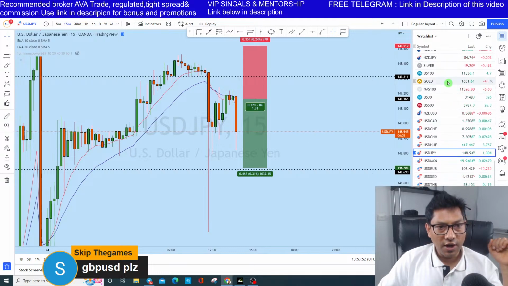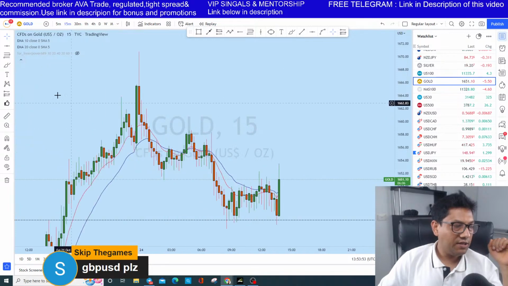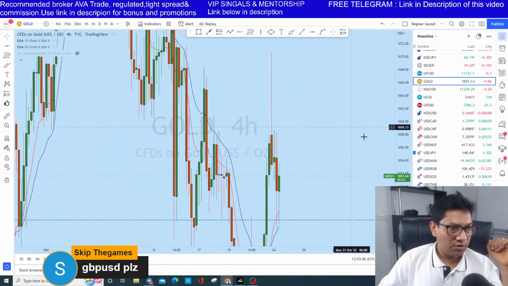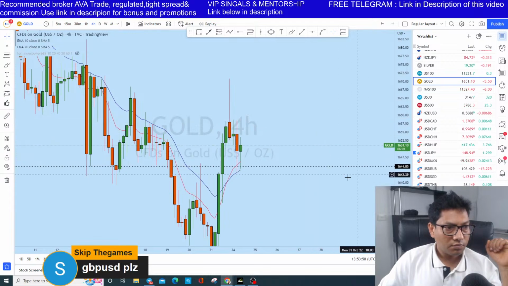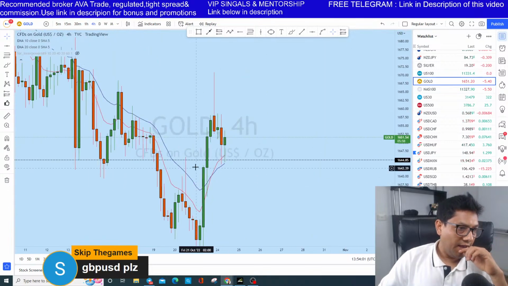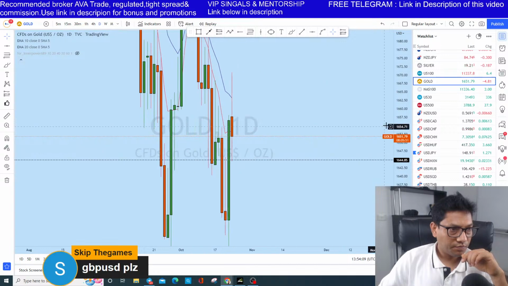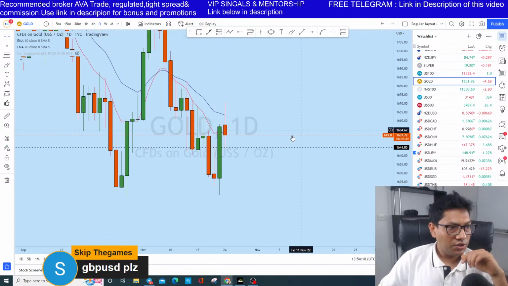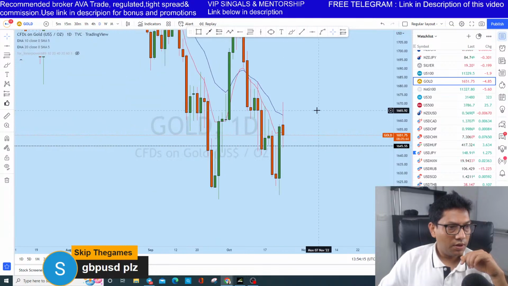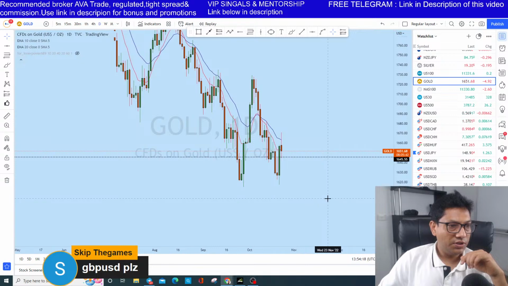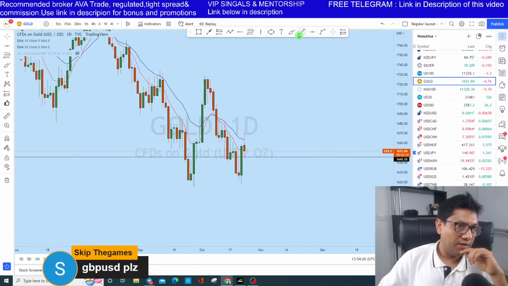So now let's look at gold. Let's look at the intraday on the 4 hour. Gold has created a higher low on this moving average, which is on the daily perspective, which is the previous resistance zone acting as support. And we see that it is trying to create a pattern like that, right? But